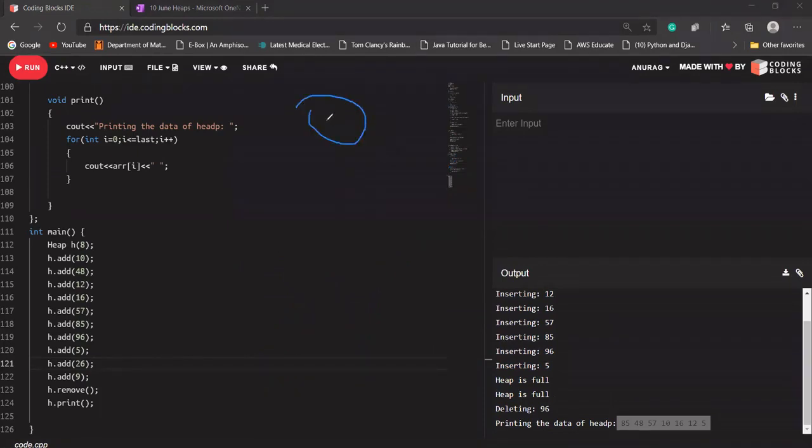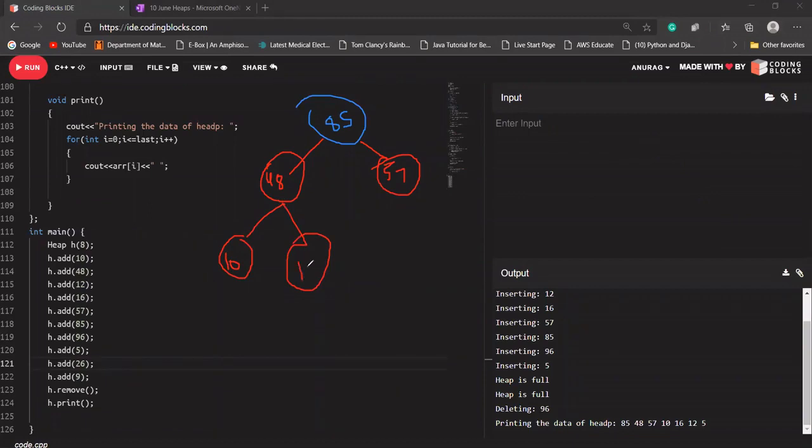So here it is 85. Here it is 85. 48. 57. 10. 16. 12 and 5.